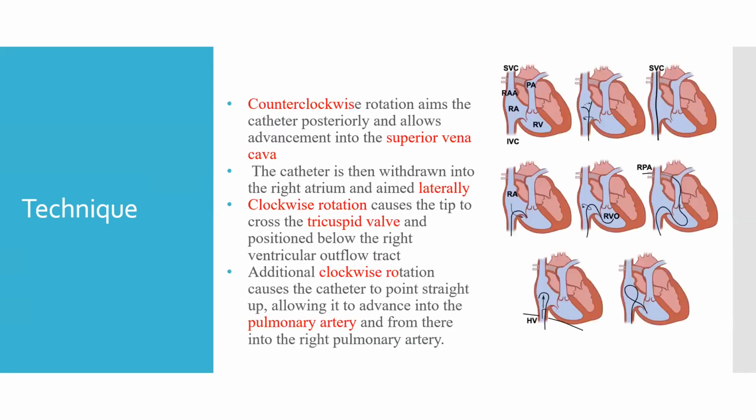And here are the different movements we use when we advance the catheter through the right-sided chambers. So there is first counterclockwise rotation to allow advancement of the catheter into the superior vena cava. And then the catheter is rotated in a clockwise fashion when it's inside the right atrium to allow the tip to pass through the tricuspid valve and be positioned below the right ventricular outflow tract. Then another clockwise rotation will allow the catheter tip to be oriented towards the pulmonary artery, and then the catheter is advanced in the wedge position